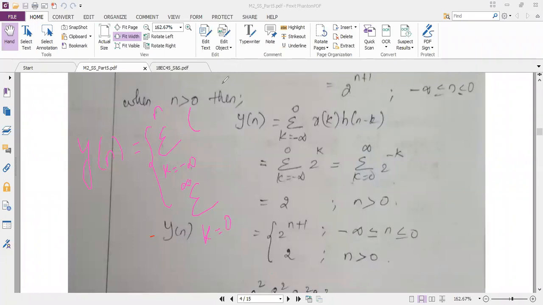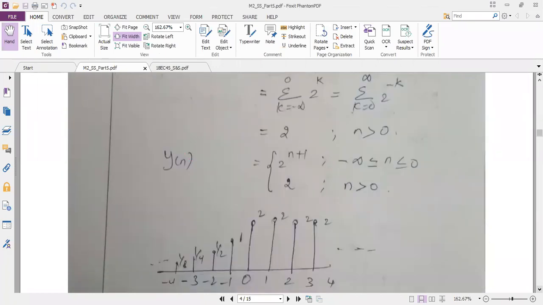And you have to just substitute the value of x of k. Here it is 2 power plus k as per the question. Since I am taking 0 to infinity, which is the positive x-axis, my u of minus n becomes u of n. If it is changed to u of n, then my input is also changed. How is it changed? It is 2 power minus k. That's it. Keeping this in your mind, you can complete the problem by simplification. I have done some simplification just to convert the output into the standard formula format, and then I have completed this.